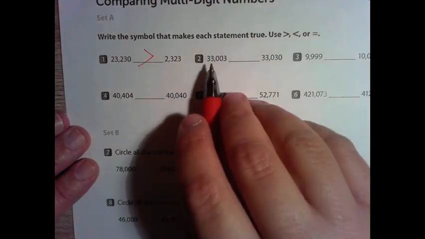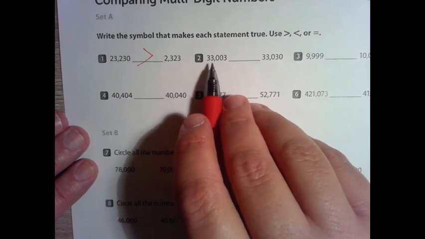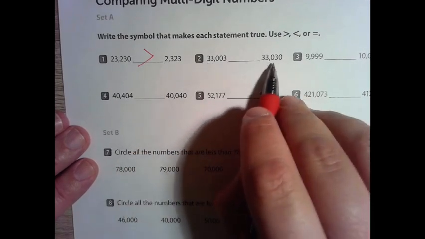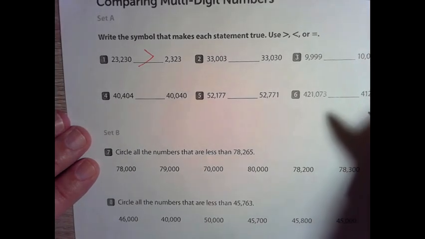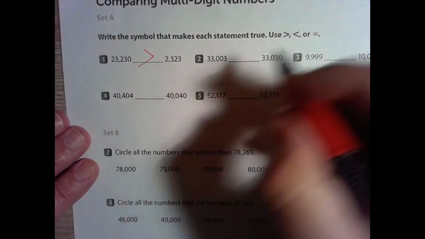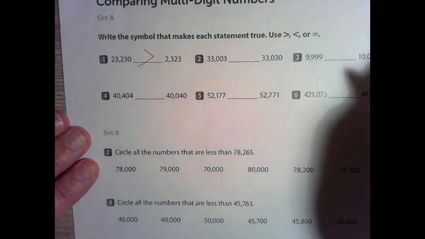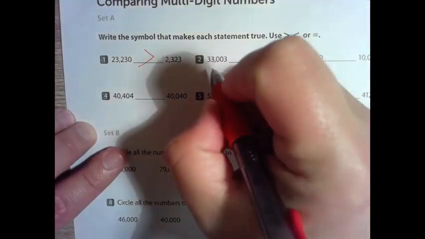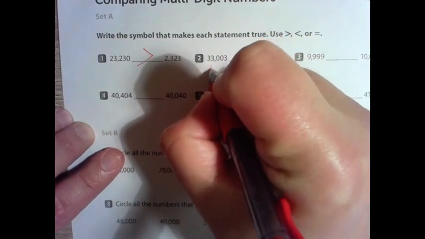All right. Now we got to look at number two. And here we have 5 digits on the left, 5 digits on the right. So that's where we need to look at each digit, starting with your highest place value and then comparing those. And I'm going to do that by breaking these down into expanded form. So I'm going to see this number here is